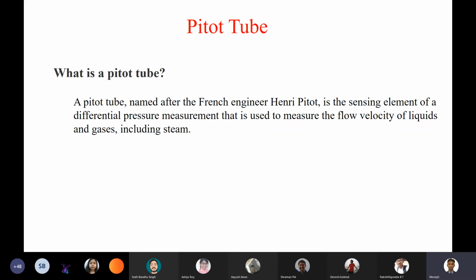But what we finally get out of this stagnation pressure information. So in both the cases, we get a velocity at the end, right? So how are these velocities different? The one that you measured using a Pitot tube and the one that you measured using a Venturi meter or an orifice meter. Any idea?